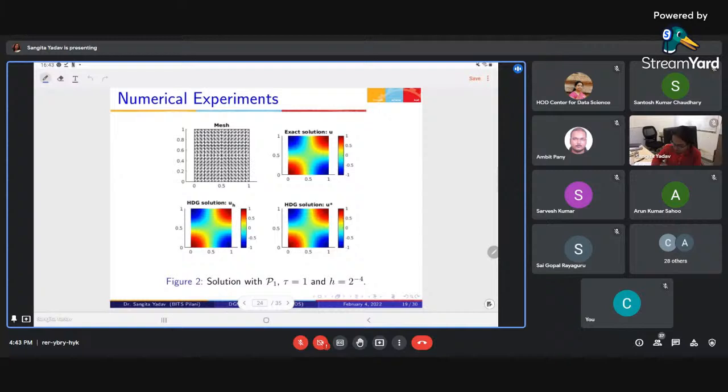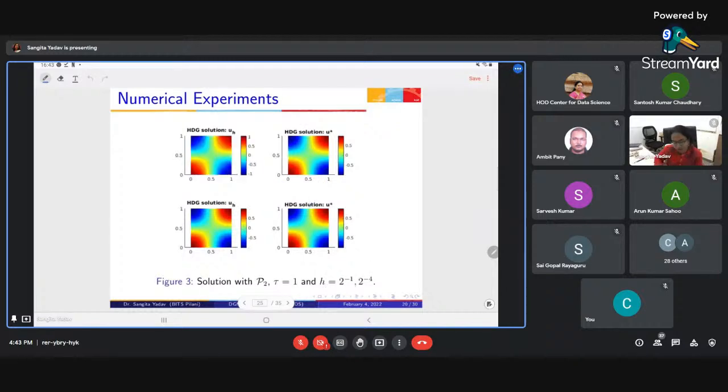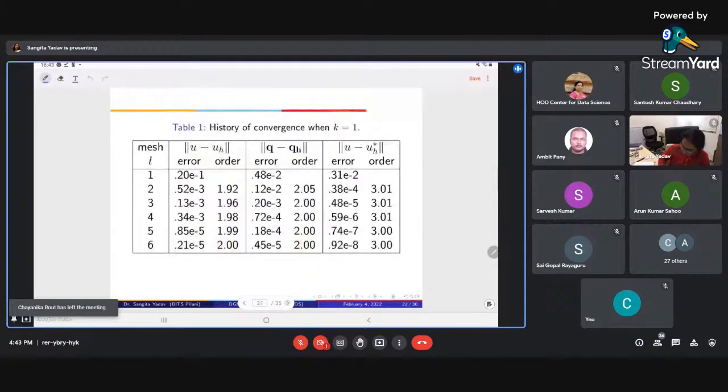Similar thing, if you decrease this mesh size, you can see they are almost comparable, right? So convergence you are able to see: as h goes to 0, the solution is approaching the exact solution. And similar thing you can observe for quadratic polynomial and the cubic polynomial. Okay. So here I have not plotted the rate of convergence, but we have the tables where you can